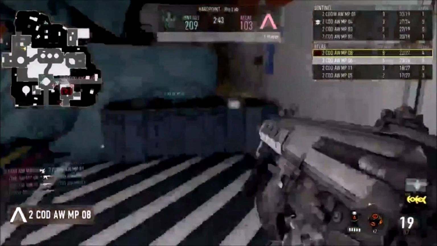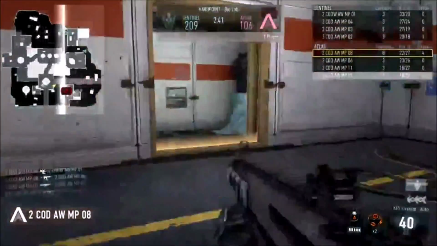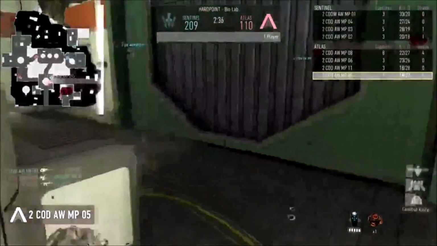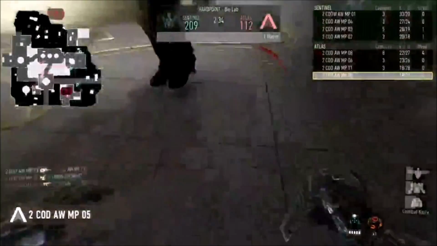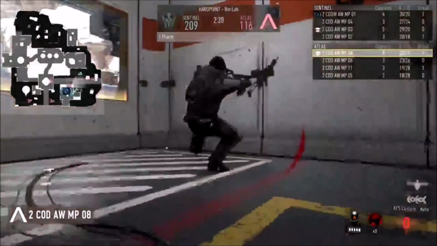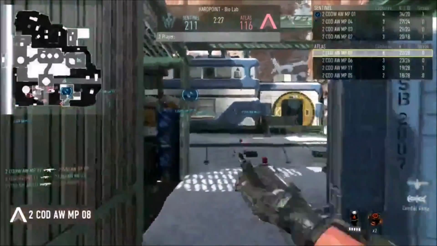In favor of the Atlas for the moment. 2 players from the Sentinels coming in, and they will both be shut down. Fantastic defense on the outside. This job being done by Big Timer. Out of ammo, he's going for the melee, won't be able to land it. He will be taken down, but while Big Timer was distracting, Money B able to pick up his 8th capture,